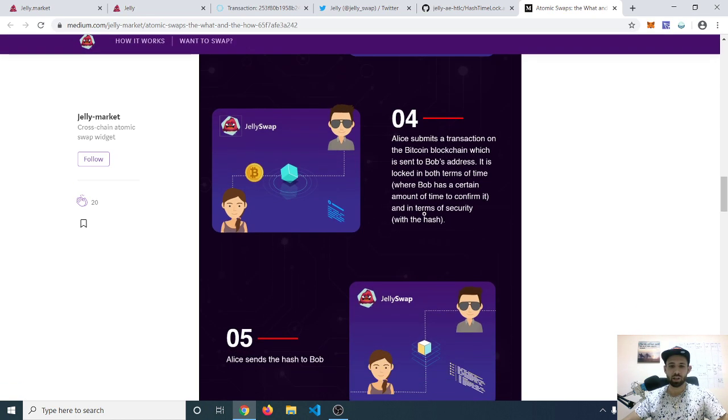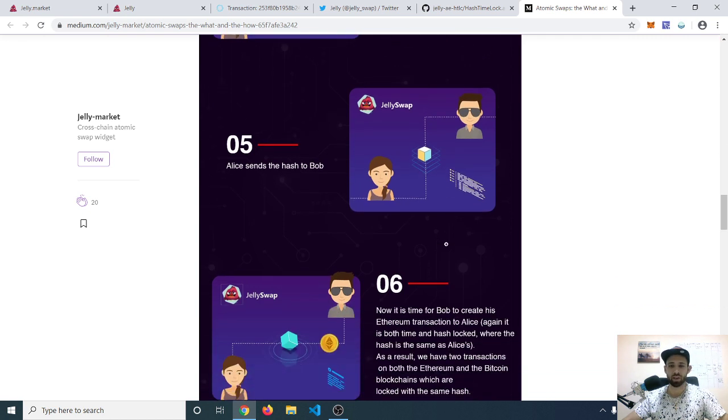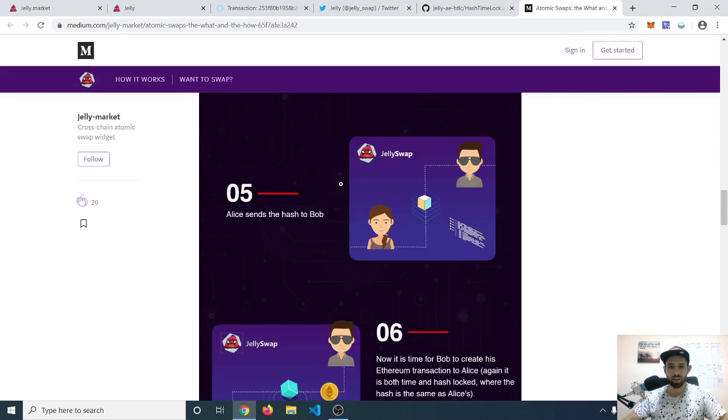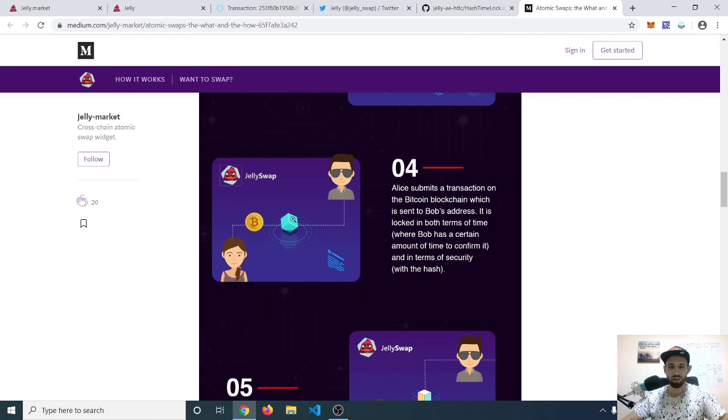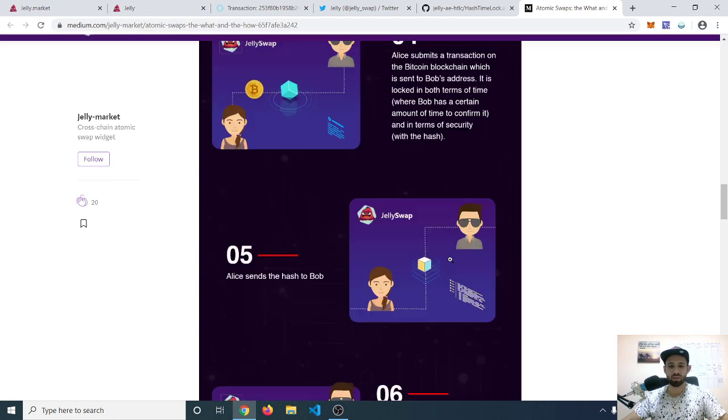So Alice sends a transaction to the blockchain, and the fifth step is that Alice sends the hash to Bob. This doesn't happen in our case because Bob is just reading the hash from the blockchain. I mean, Bob, the liquidity provider, is just listening for events, and when he catches that Alice is trying to lock some funds against him, he just reads the event, and if all the rules are fine, he's